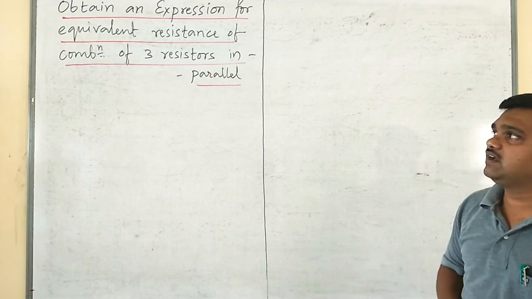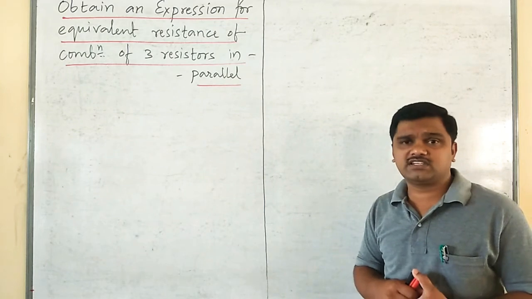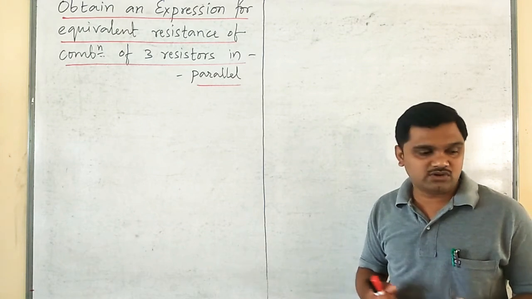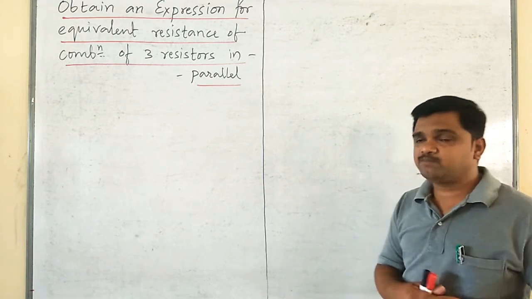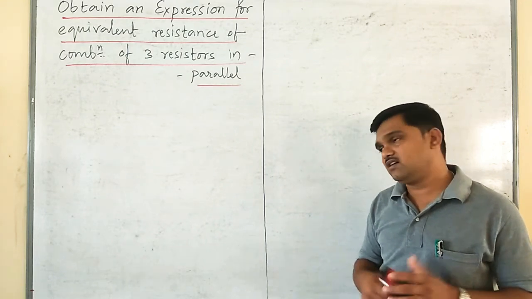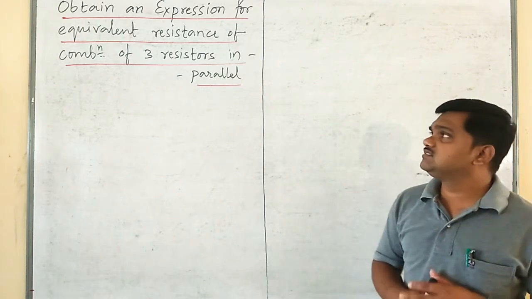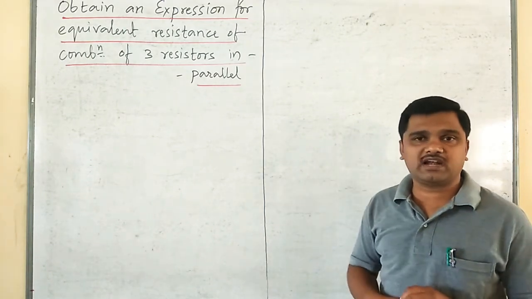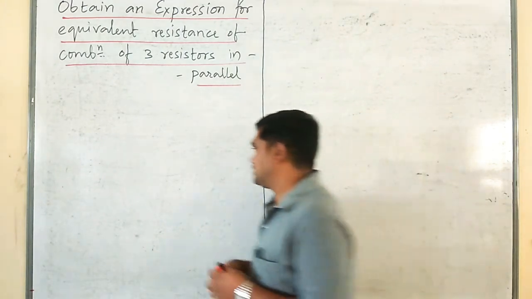Here, in a similar way, let us derive an expression for the equivalent or effective resistance of the combination when three resistors are connected in parallel. I said in the last class, the technique of getting the desired value of resistance from the available values of resistances is said to be the combination of resistances or resistors. Three resistors are said to be connected in parallel if they are connected between two common points, like this.